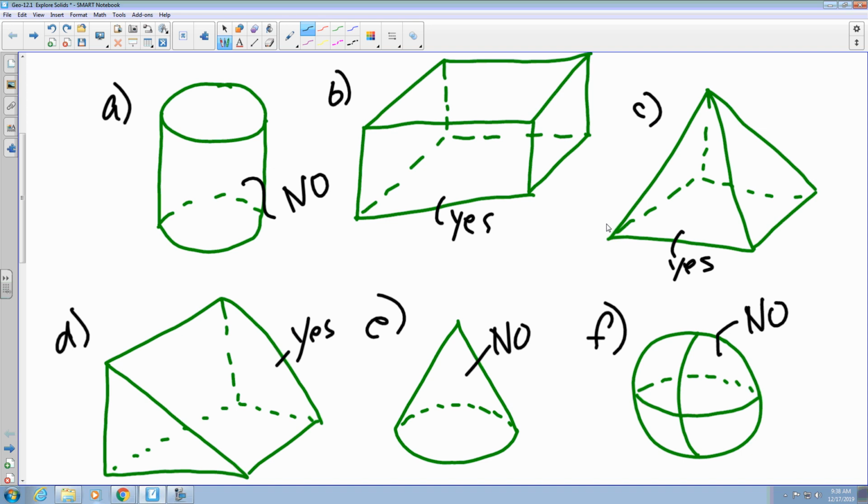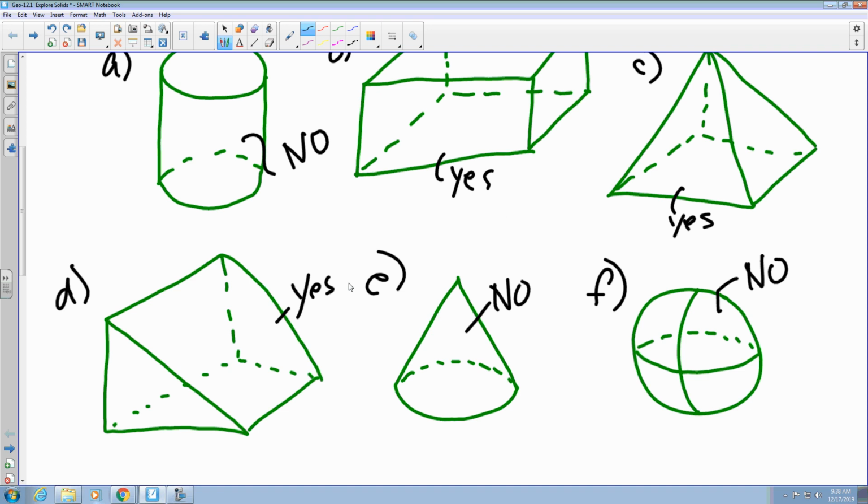The base on the bottom is a rectangle or a square, and the triangles that are on top show up as triangles. For D, I got two bases as triangles, and then I got these lateral faces as